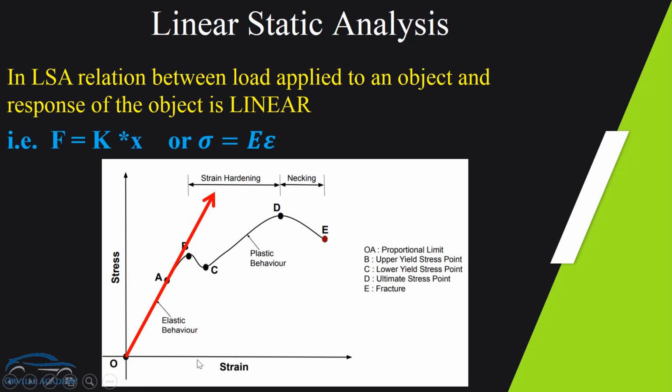Now remember, this red line curve is the curve which the linear static analysis, or the software, is going to follow. The drawback of linear static analysis is this: if I am considering any value of strain, for example let us consider this value of strain, then for this particular value of strain, from the stress strain curve I will get the value of stress something like this. But for the same strain, on the linear static analysis red line curve which the software is going to follow, I will get the stress value equal to this one.